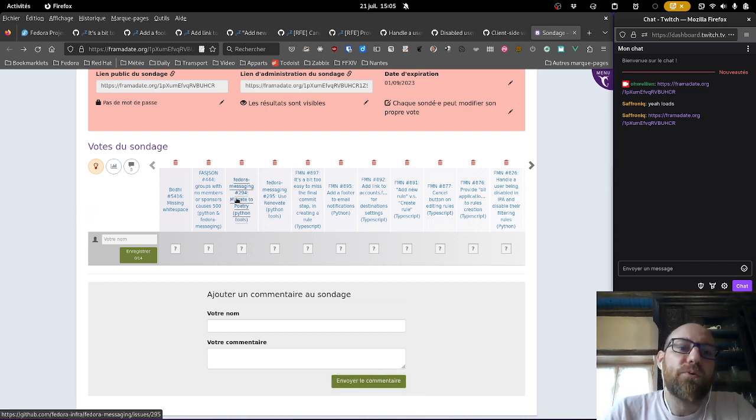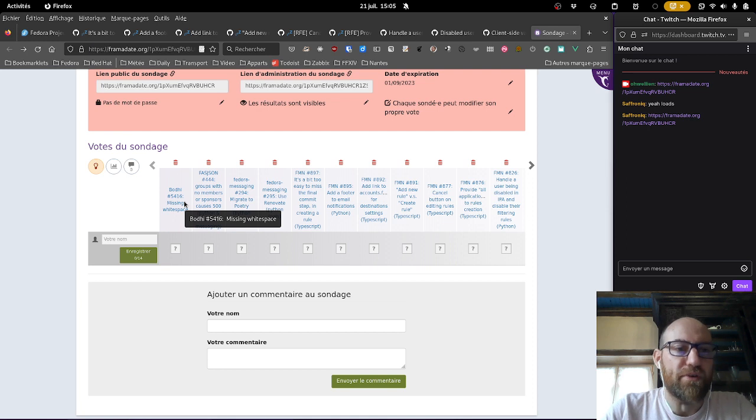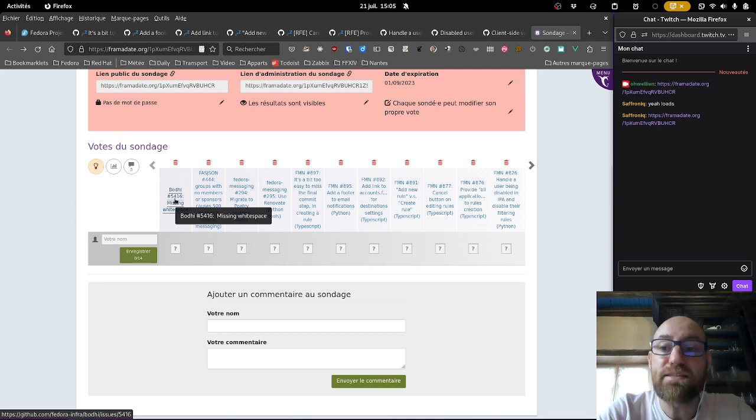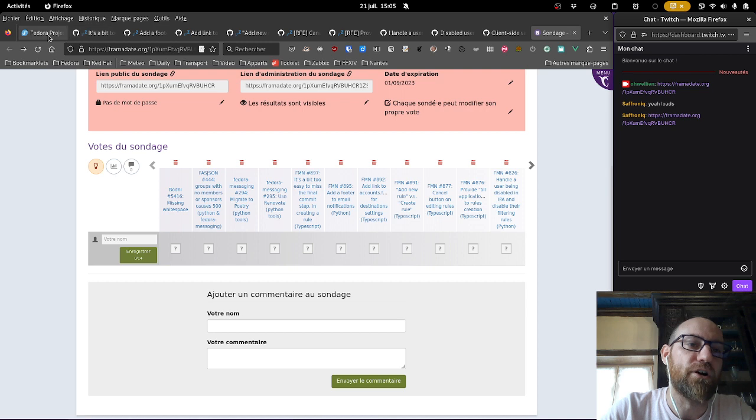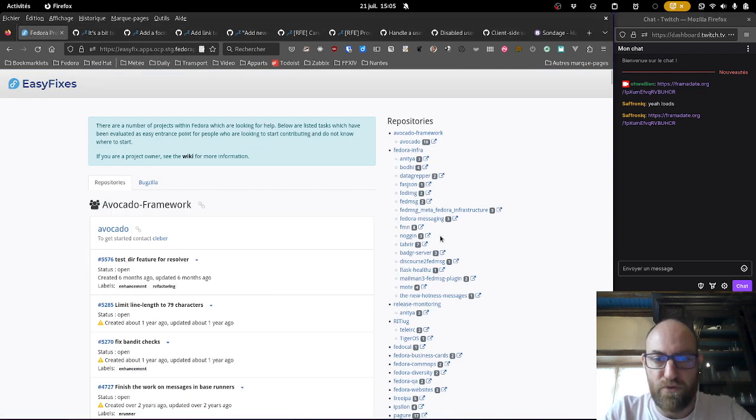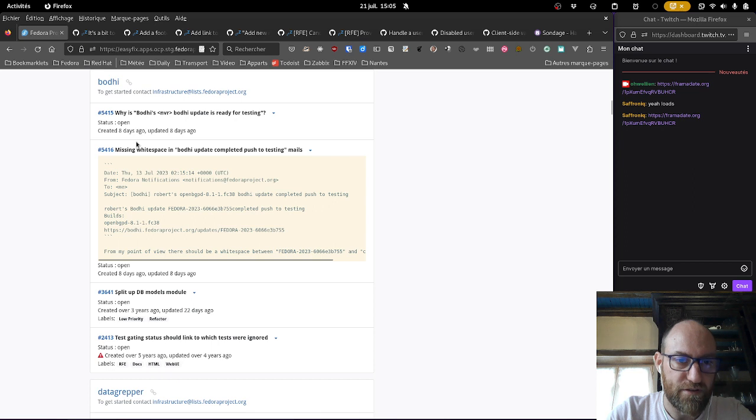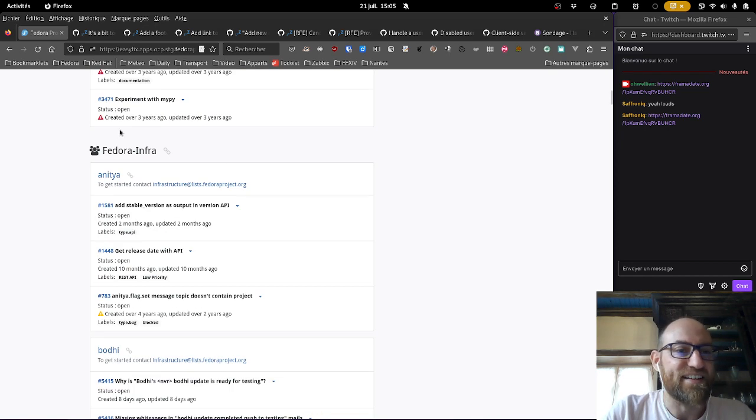All right, so let me explain what these all mean. Let me go through all the tickets that I have selected. First one is on bodhi messages, so it's actually about the Fedora messaging schemas. It's not really about Bodhi itself; it's about the Fedora messaging schemas. There's just a typo somewhere. Let me go back to that one from the easy fixes. There's a missing white space somewhere, which is unfortunate, not very bad, very simple to fix. If we do that, we'll be able to do plenty of other things as well, but it's there.